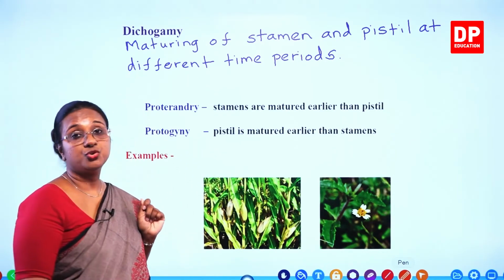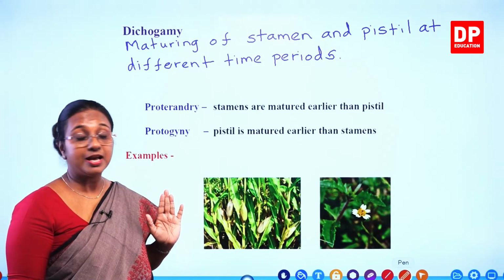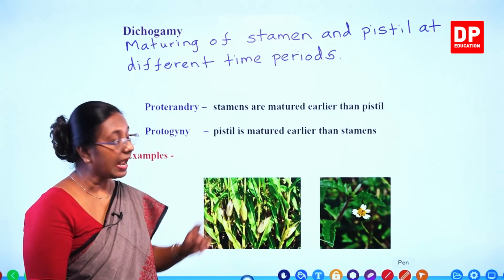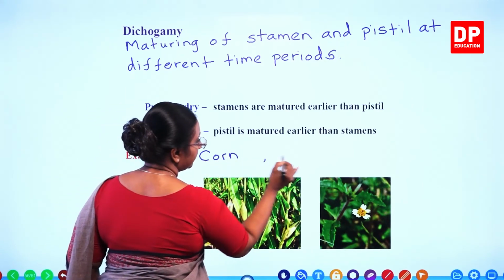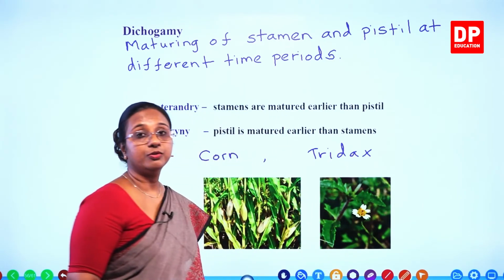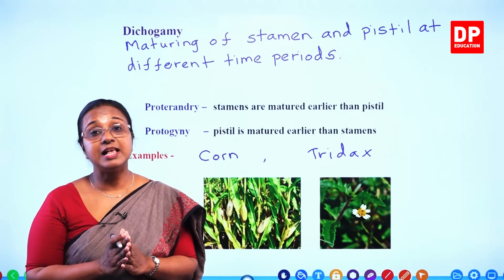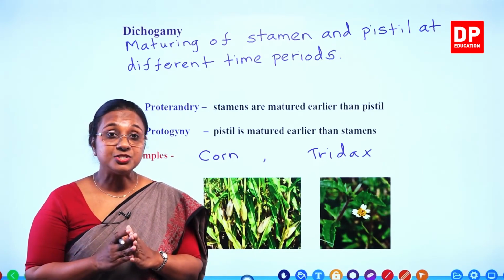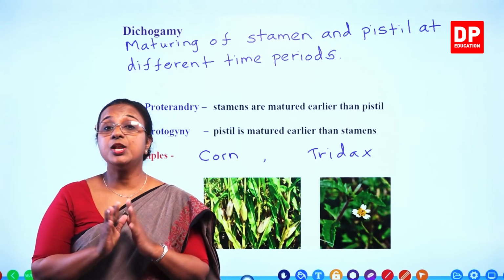Both together is known as dichogamy, maturing of pistil and stamen at different time periods. And the examples are here, you can see this is corn and that is tridax. So here we have corn and tridax that show dichogamy. So these are all adaptations to prevent self-pollination and to promote cross-pollination. So with that, students, now we will go to the lab and observe some of these flowers in order to